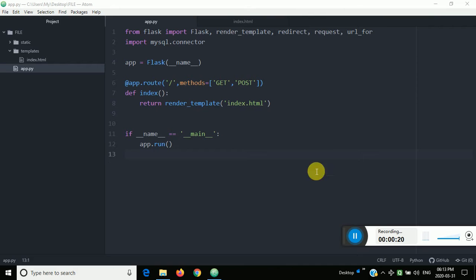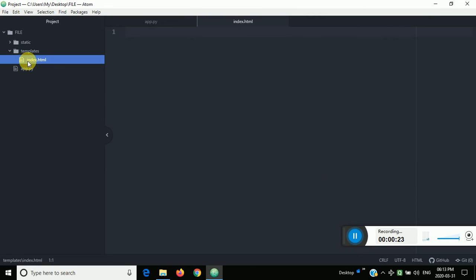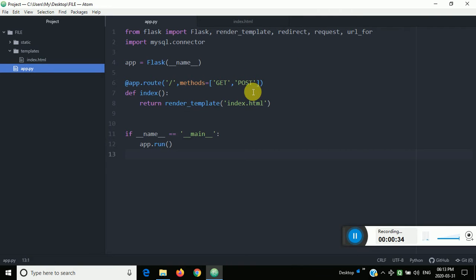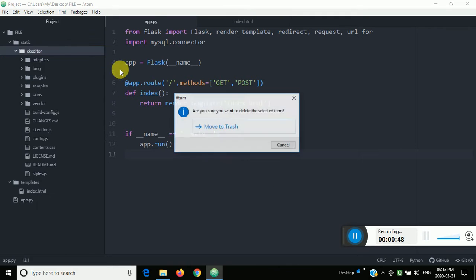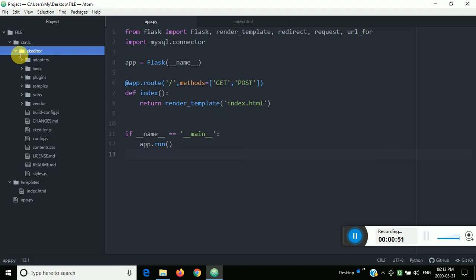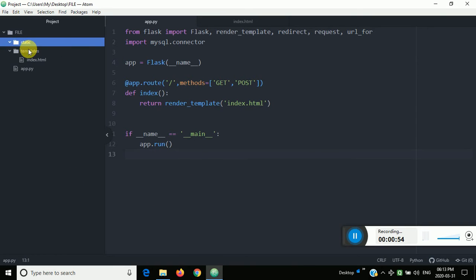Right now I have already created the file index.html, and nothing is in it yet. This is the file folder. In it I have created index and app.py, which already has the code I have written. That is the basic code which you already know. Next is the static folder, which is from the previous CK editor. Just ignore it, I'll remove that CK editor and move it to trash. Right now I'm not talking about the CK editor, which I have already explained. So now I'll move to uploading the file.